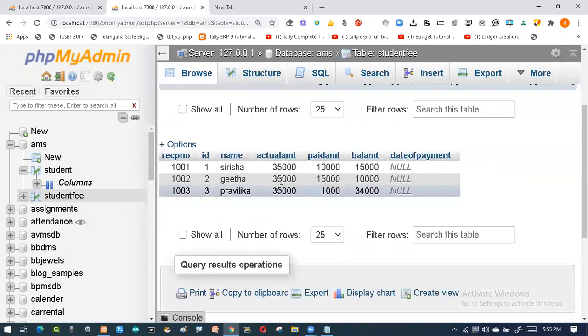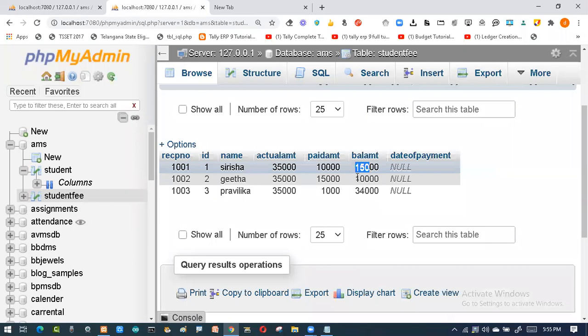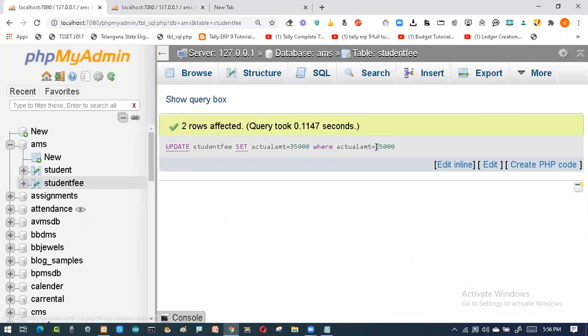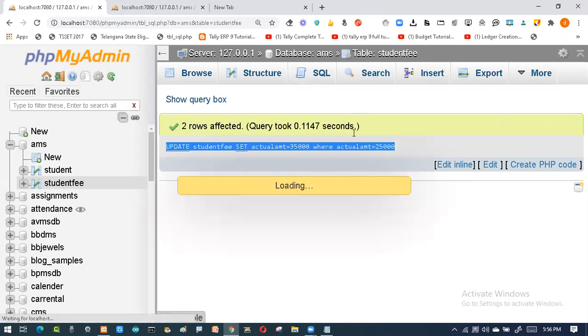Now what is our next duty? How much he paid, this has been paid, so again the balance amount has to be calculated. Otherwise it is a wrong option, because the system will not do that immediately. So I'll go over here, check my condition, and if you know the command you can just copy and paste it or type it. I prefer typing, because you also learn and I also learn.